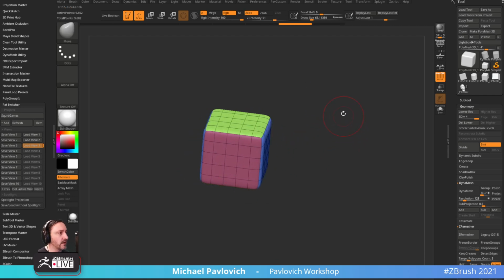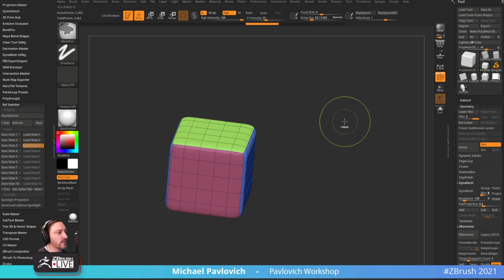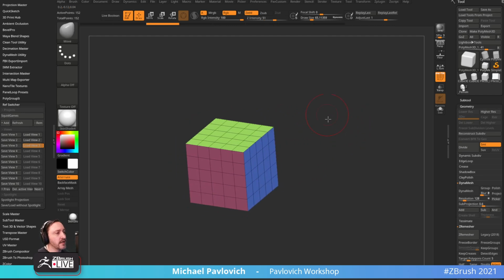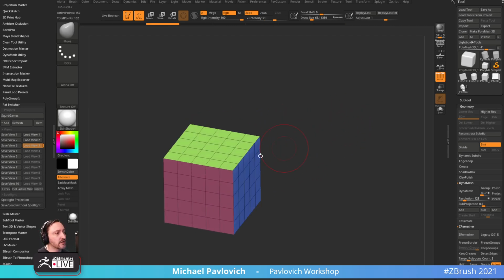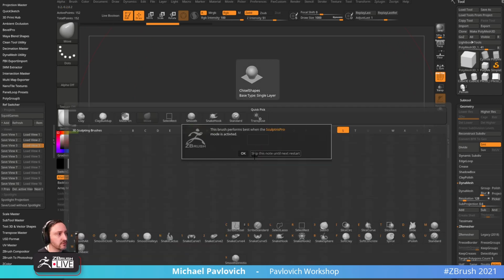They're both useful. Honestly, there are people who use Snakehook. I'm just going to undo out of my subdivisions there. There are people who use Snakehook to do all their move operations because you get a little bit more out of it. You can kind of bend things around as opposed to just moving things. If you go to a very large draw size, and you move around, and then you go back in here, BSH,